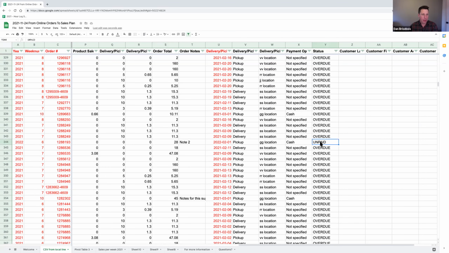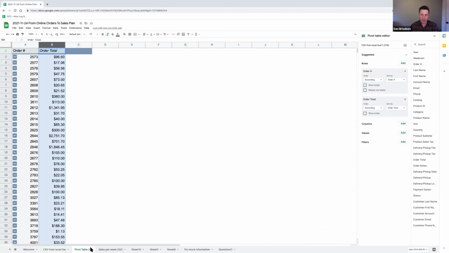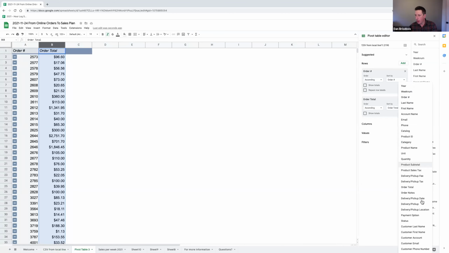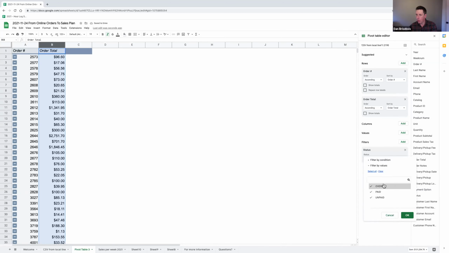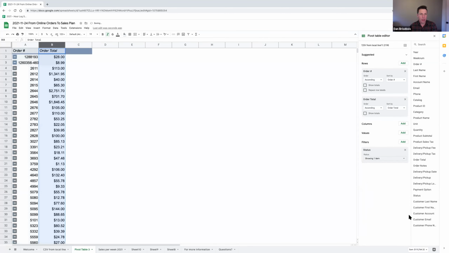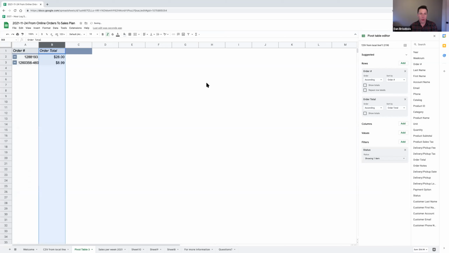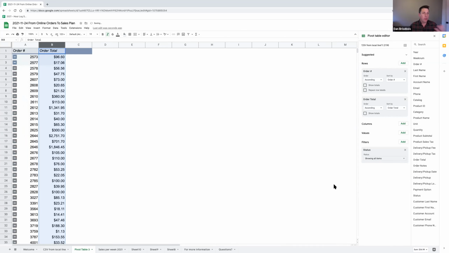There's one that's unpaid, but we can look at it in the filter, the status. We can look at what has been paid. Those orders are paid. We can look at what's overdue, and we can look at what's unpaid. So these are these 2 orders that are unpaid. And I know that there are features that you can do that within Local Line, but it's also something that you can do here, and you can make a checklist that you could bring to a point to see if people